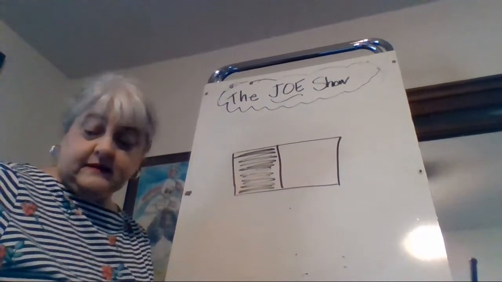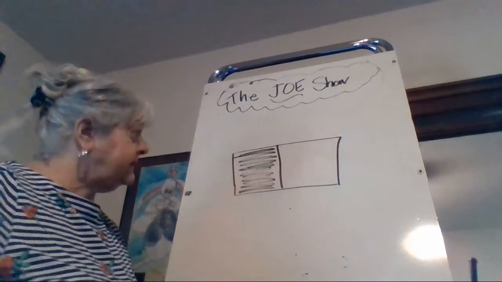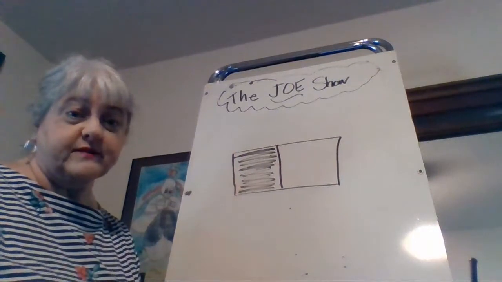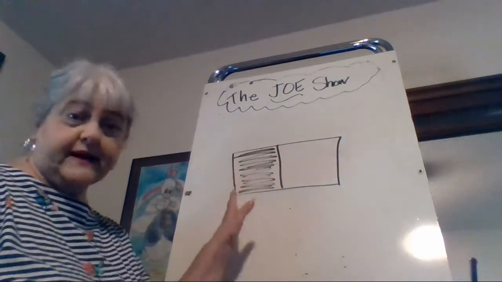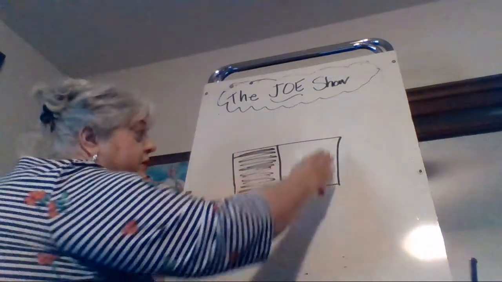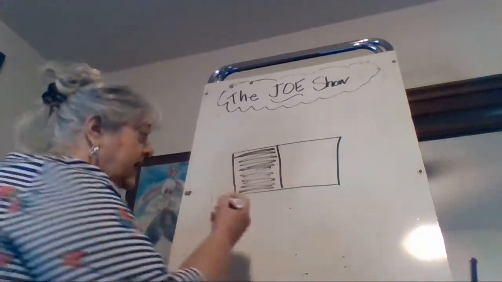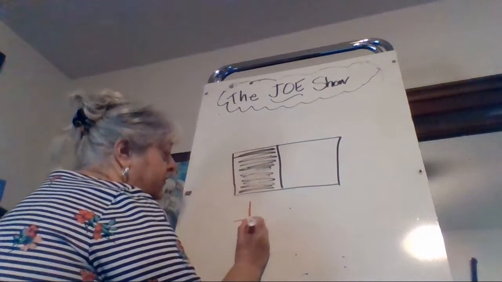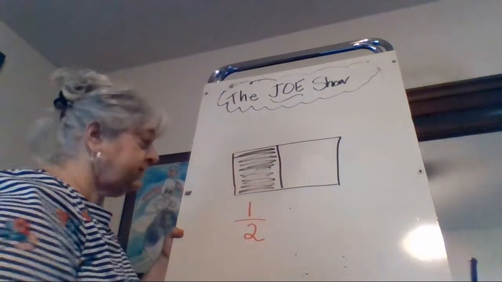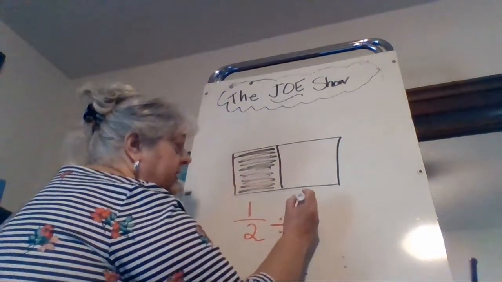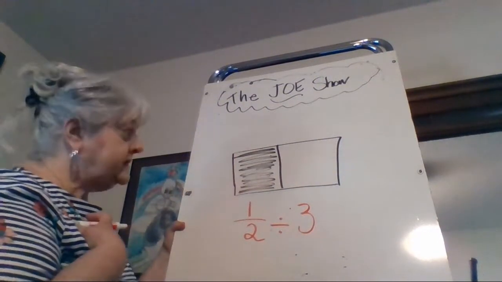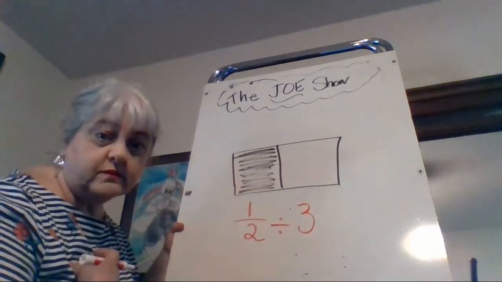Now, my husband and my son and I were planning to share these brownies. So I need some help in figuring out how much each one of us is going to get. Now, I know that I'm dividing it up, but you always need to think, what am I starting with? Am I starting with a whole pan of brownies? No, I'm only starting with 1/2 of a pan. Whatever you're starting with is the first number in your equation. And I'm going to be dividing it among 3 people. Me, my husband, and Matthew. So, can someone out there tell me what I need to do?